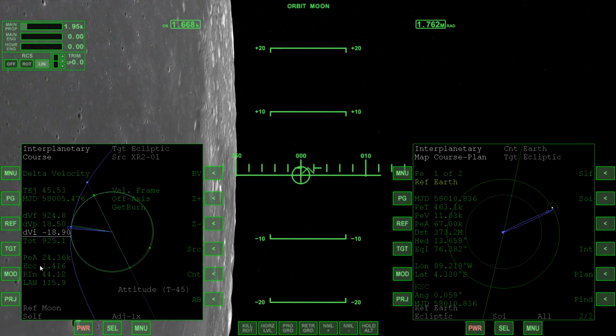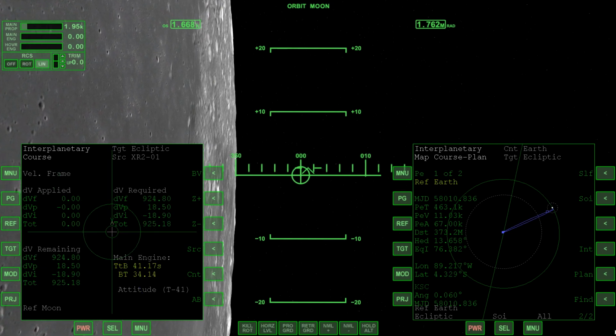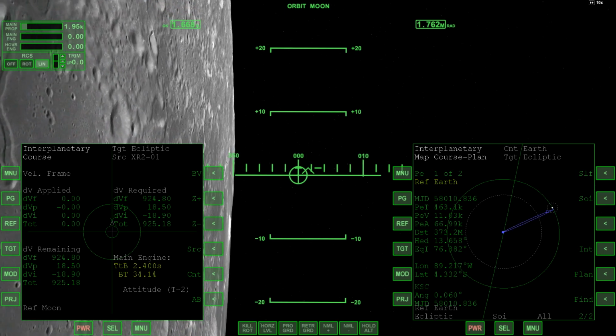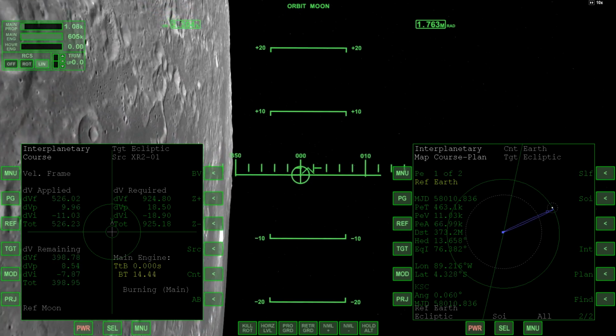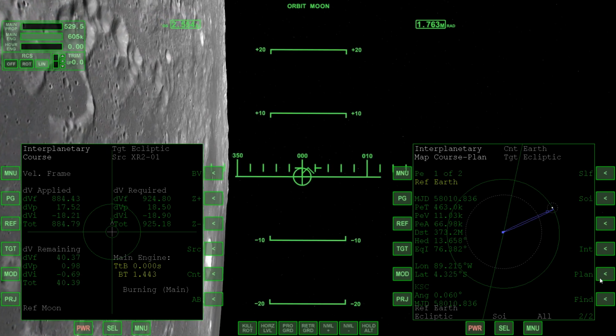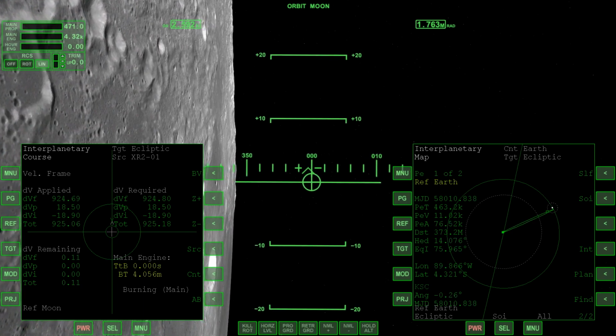Just slow time down real quick. Take a look at our periapsis above the moon. That's going to be our lowest periapsis. You will want to check that depending on how much inward velocity you put in. But you can see our delta V inward was a negative number, so that means we actually have outward put in. So the burn, as I was talking, is being conducted, and it is now done.